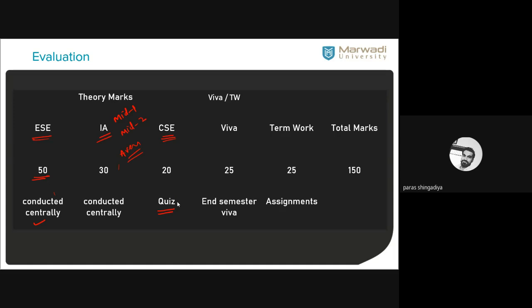It's all very easy, and it depends on each topic that we learn during any of the units. Based on the topic, there are some simple MCQs, and in this case we'll consider this quiz mark. So that is for CSE. Clear? That is the continuous evaluation mark.